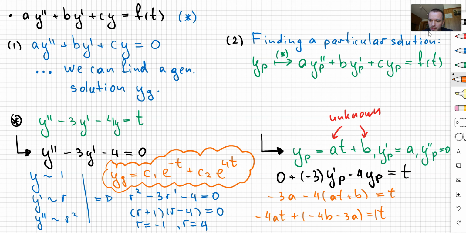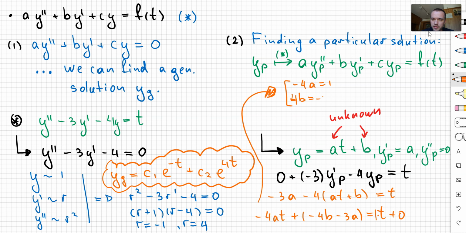And you can see that the right hand side you can write as 1 times t plus 0. So then from here I'm going to know that minus 4a is equal to 1 and